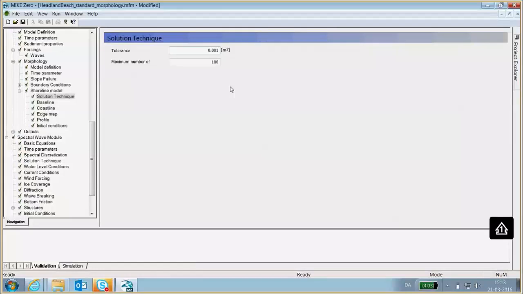Now, if your model is not converging, that is, if you're seeing many time steps where the number of iterations in the shoreline model is more than the maximum number, so in this case 100, then you should probably decrease your tolerance or increase the maximum number of iterations, because it is quite important that the shoreline model converges for most of the time steps. In case the model doesn't converge, it sort of reverts back to the original solution. So your error will be the original one, so it will not use any of the iterations for that particular time step.